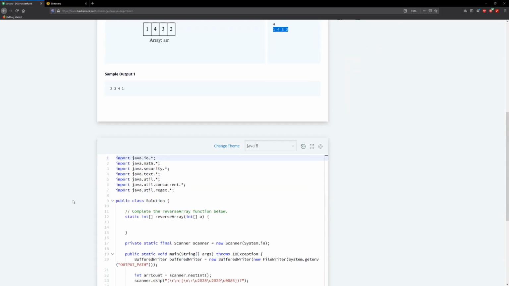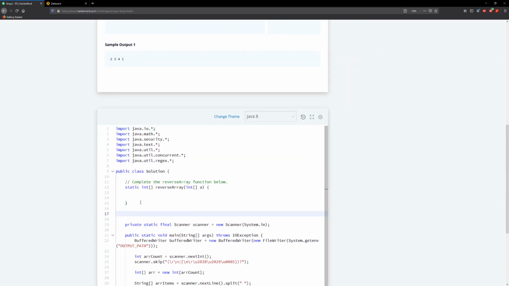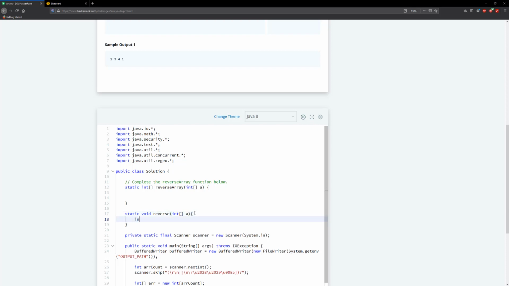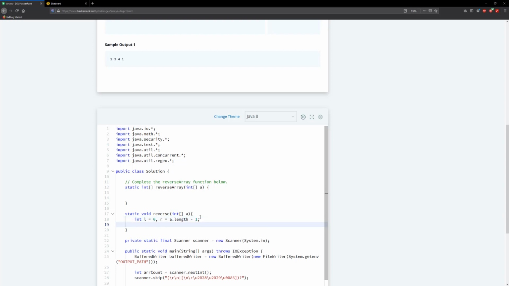So what we're going to do is keep a reverse function outside of what we're given so far. We're going to make this void. And then we're going to take in the array that we actually want to reverse. Let's call this A. All right, so the first thing we want to do is keep our pointers. So L for the left and R for the right. So R is going to equal A.length minus 1, because the size of the array is always greater than the biggest index by 1. All right, and then what we're going to do is say while